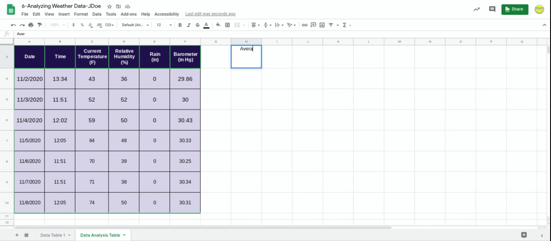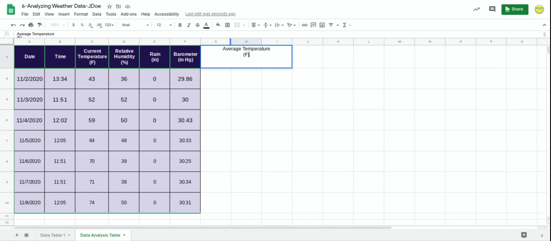And so we're going to have average temperature. Okay, and again, if you hold your control button down and then you push your enter button, that will put your cursor in the same cell, but underneath that title there, average temperature,